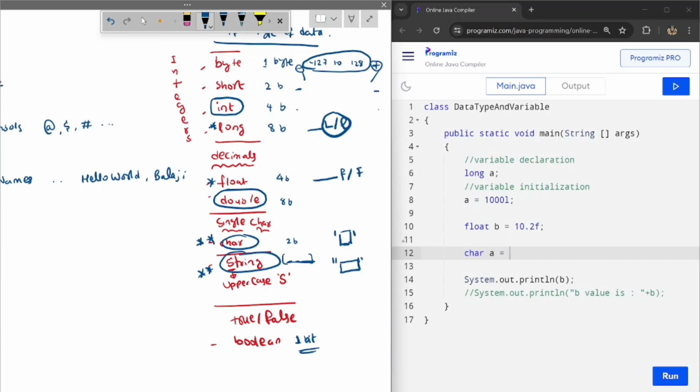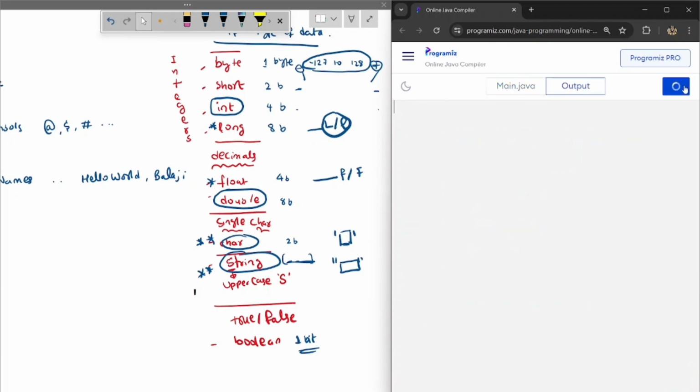For the character, you need to specify single quotes, and inside the single quotes you give the value. First, let us see an alphabet like X, and here I am printing the value. Sorry, here you need to change the value to C. See, A is already taken, so you need to specify another variable. Variable names are unique, so here I am taking another variable, let it be C. Here I am giving C. When I run the program, here you can see